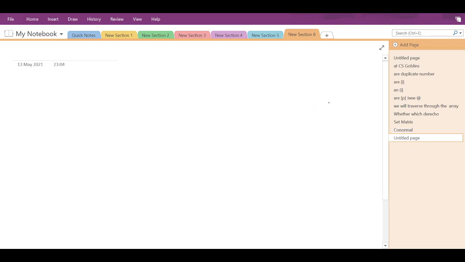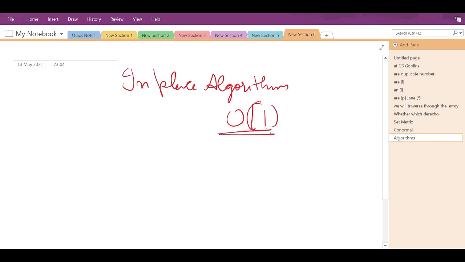So let's try to build an in place algorithm so that it could be done in constant space. So let's try to think of it.